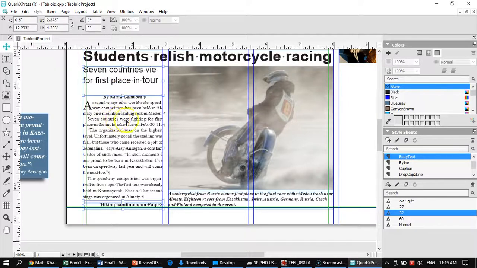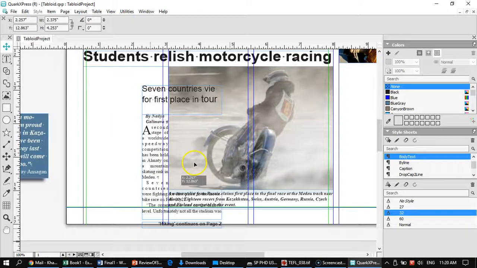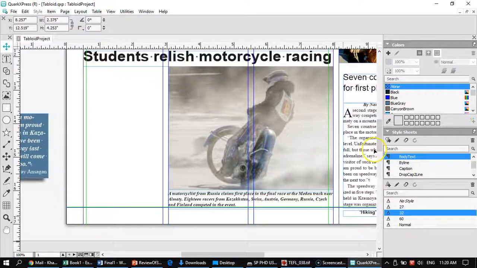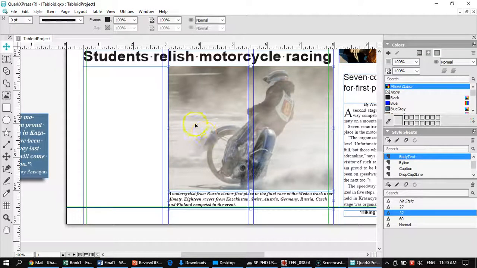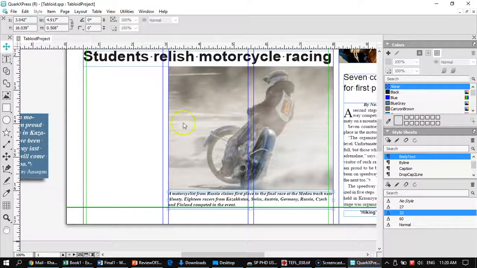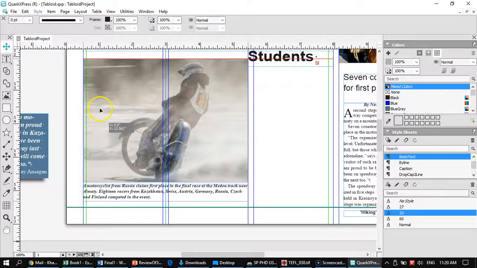I left too much space for that. I need to make a change on that too. So I have all these selected, so I can take this whole thing as a package and move it over. And now move the photo. And whether there's two, I'm just clicking them. Click on one and shift click on the other to choose them both, and move them both over